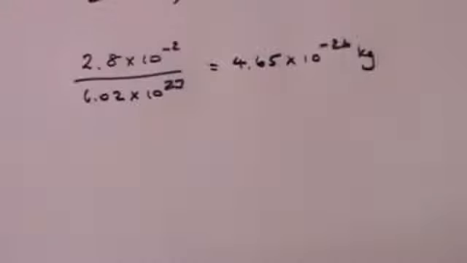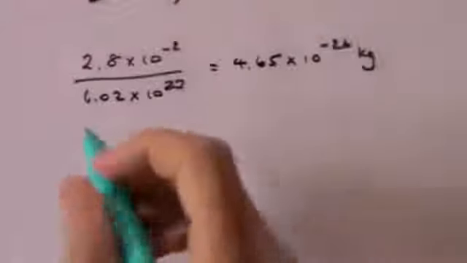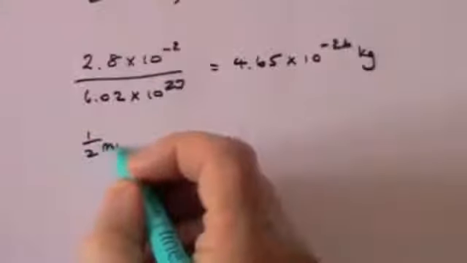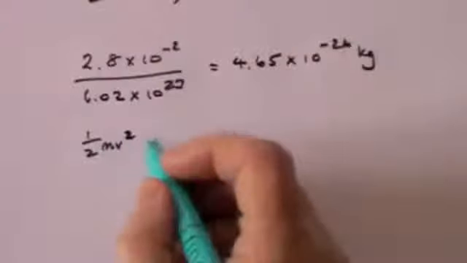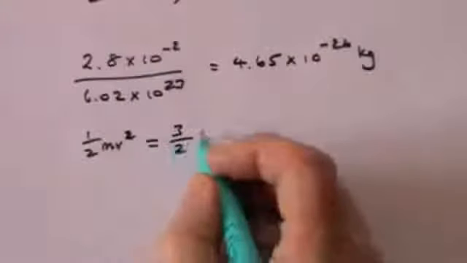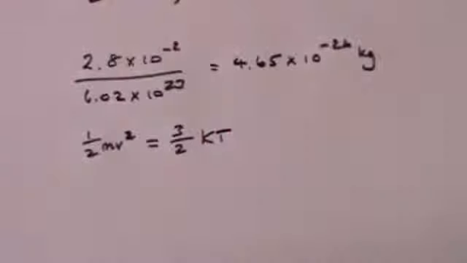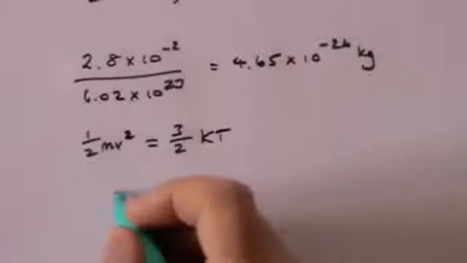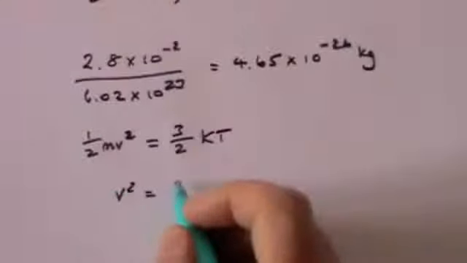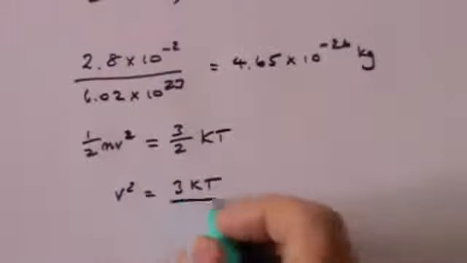And now we're asked to find the typical or average speed of that molecule. So it's a molecule of a gas. So here we'll need the formula that half mv squared, which is the kinetic energy, is also the same as 3 over 2 kT. It's the 3 over 2 kT formula we need here, not the E equals kT formula, because here we're talking about kinetic energy from which we're going to derive velocity, kinetic energy of a particle of a gas. V is the average velocity, so V squared is going to be 3 kT divided by m,